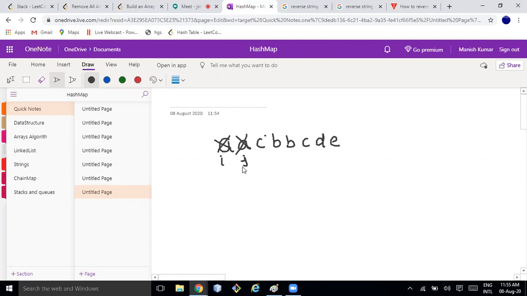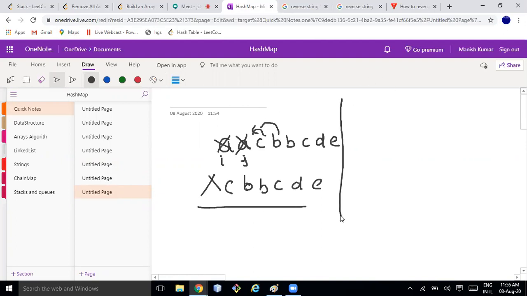You removed it. How are you going to remove it? You need to shift all these elements to one side, right? C, B, B, C, D, E. Okay, you don't want to do this, right? So I'm just trying to improve my solution, thinking like you, as a beginner, how I can improve it further.